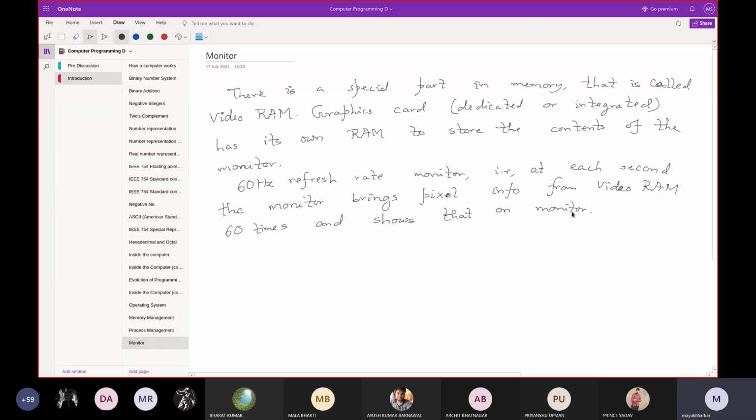And even if it refreshes 60 times per second, if you calculate this, it is even less than 10 millisecond.